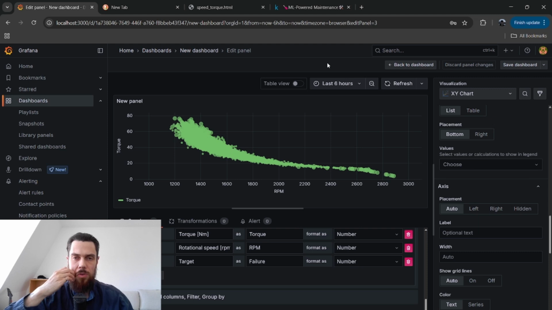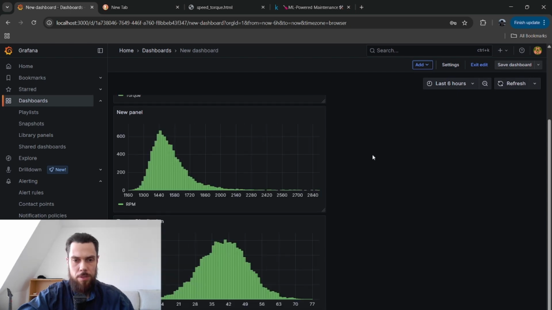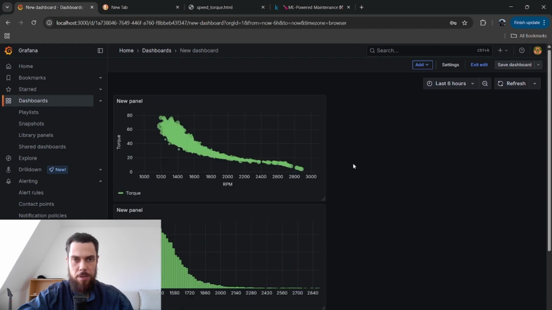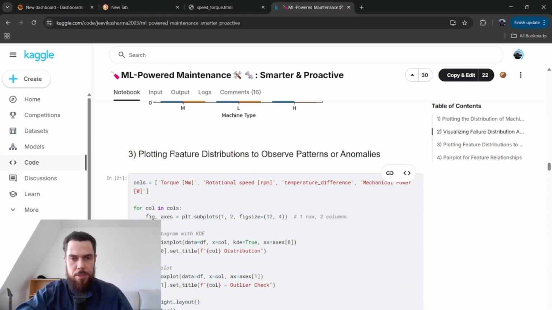Today I'm going to go over a quick dashboard I made with Grafana. I have it here, so I go to the dashboard. So this is predictive maintenance data from Kaggle that I got from this dataset, and it has